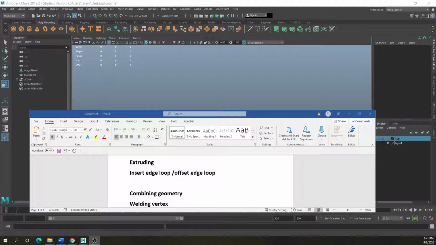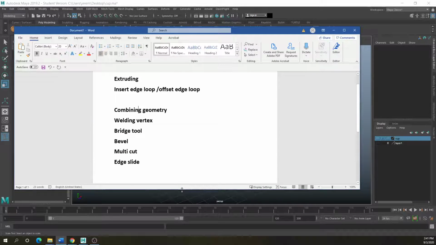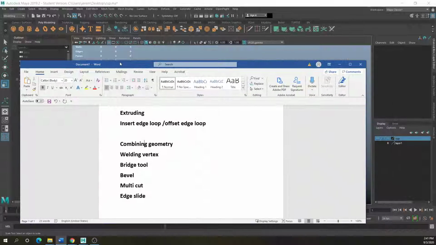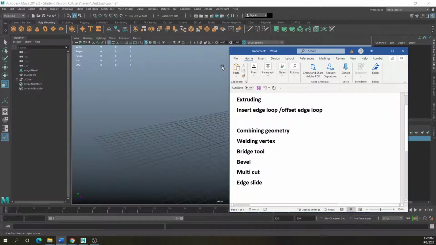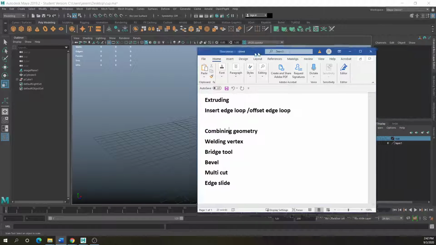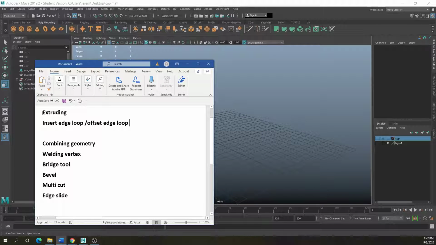Okay, so in our discussion today, we're talking about these other tools, moving away from building with the curve tools, where we can just start building with straight polygons, basically, if that's what you prefer. But there are some pretty important tools that I continuously, always use. I want to go over and explain them, starting with extruding.